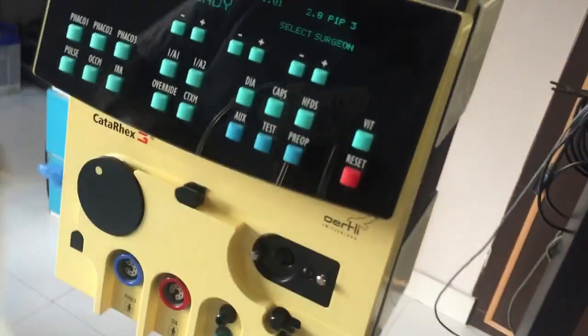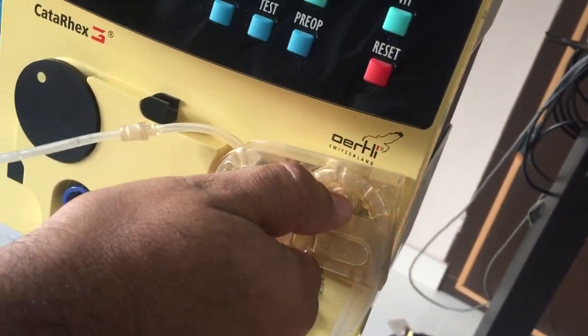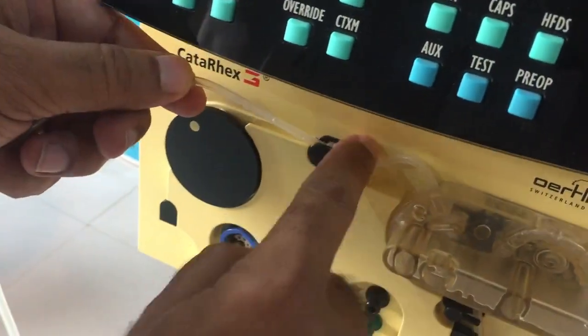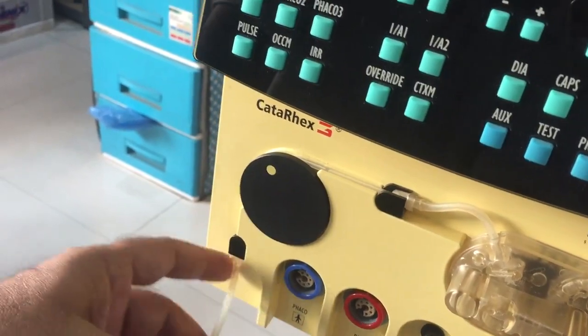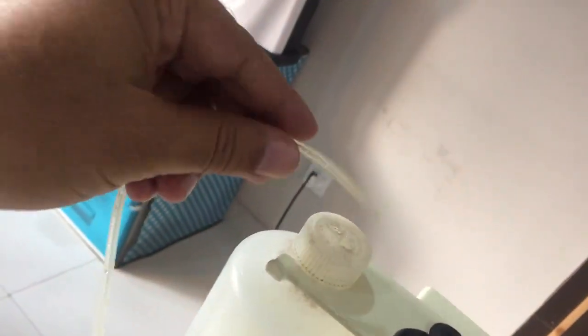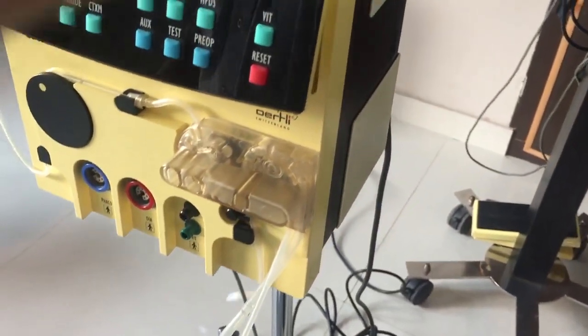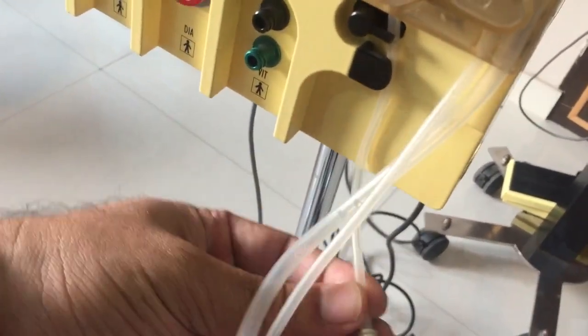with the machine. This is the autoclavable tubing. You can connect the tubing this way. This is the first retention ring and this is the second retention ring here, and then you put this aspiration tube into the bottle. Here's the waste bottle, and then you connect the IV set of the ringer with this